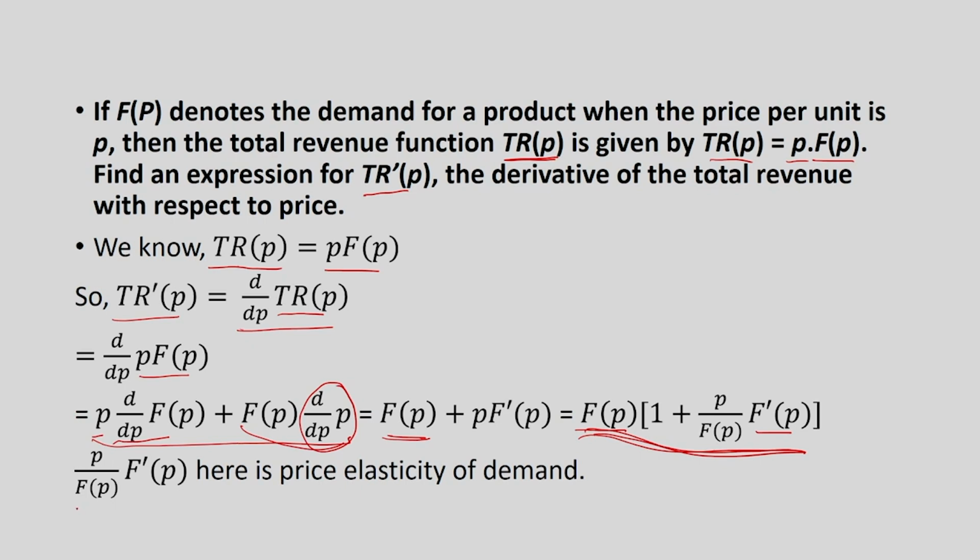Now, interestingly, this expression, that p f prime p divided by f(p), is nothing but the price elasticity of demand. Okay, because just think about it, p divided by f(p) multiplied by f prime p is equal to